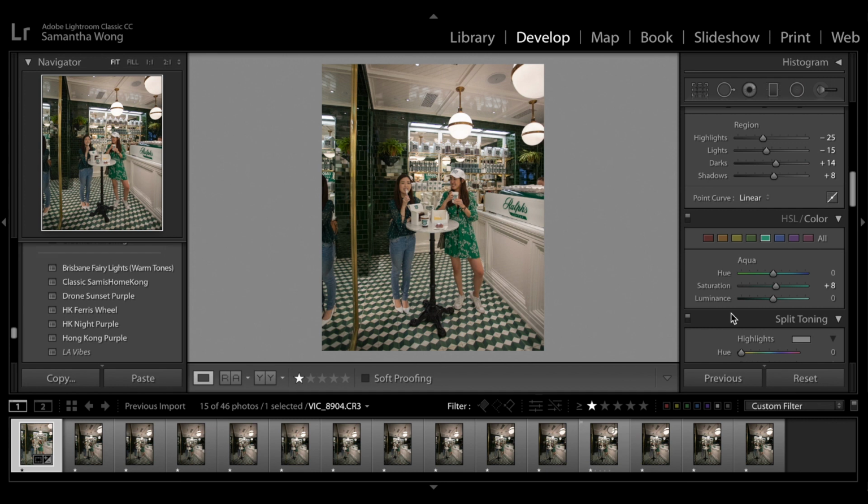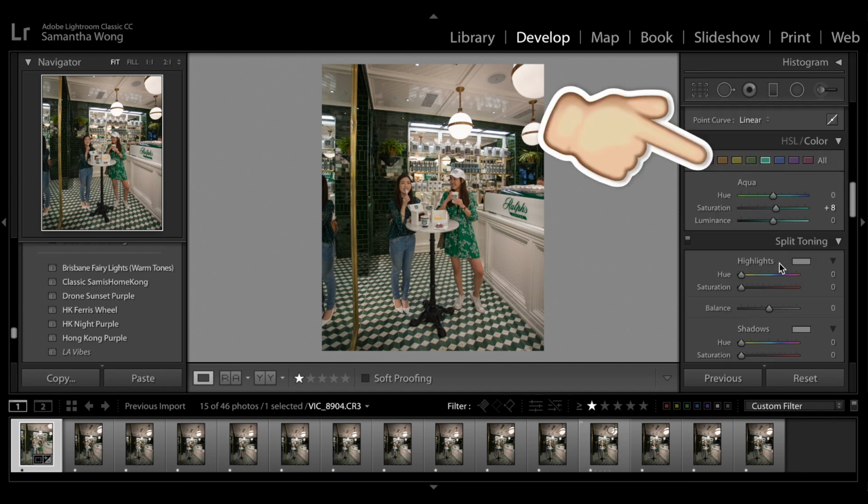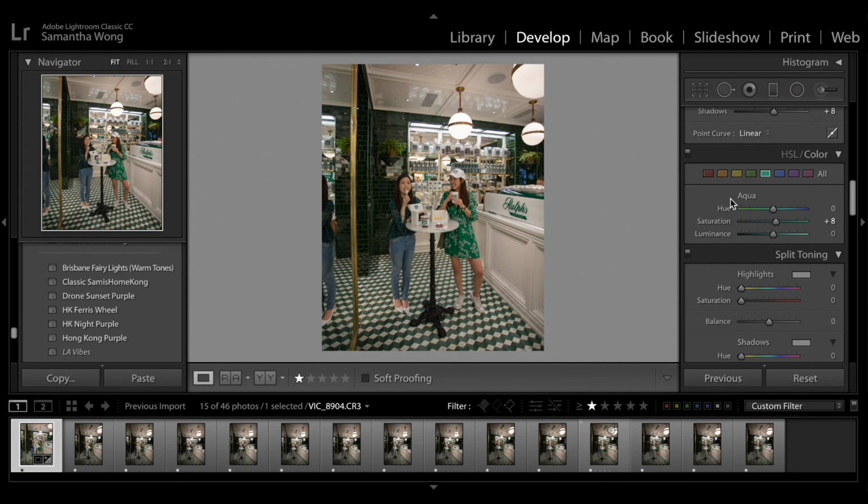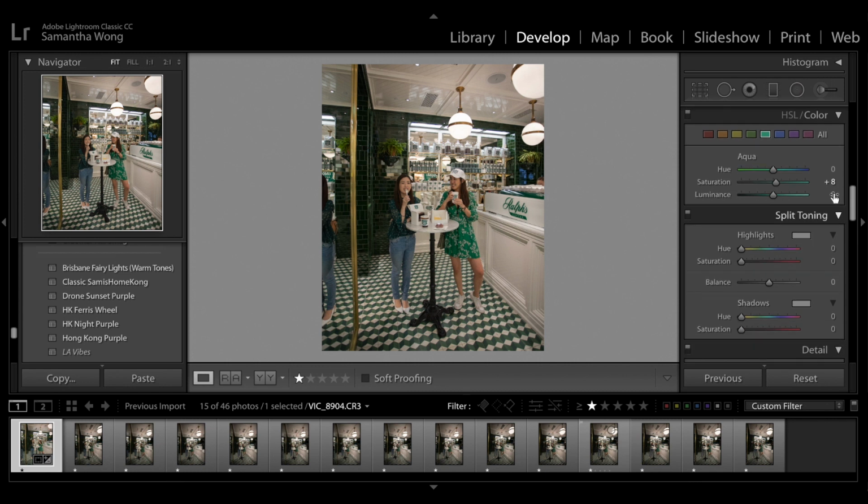Here we're going to go into, what do you call this? The single colored edits. And I'm just going to individually tweak colors now. This is where I do most of the color tweaking because I feel like you can work a lot more with the color palette. So here I'm going to put the saturation up for the aqua tones. For luminance, basically this pushes down the color or brings it up so it becomes a bit brighter. I usually like playing with this a lot because this is how you can draw the eye in with the color